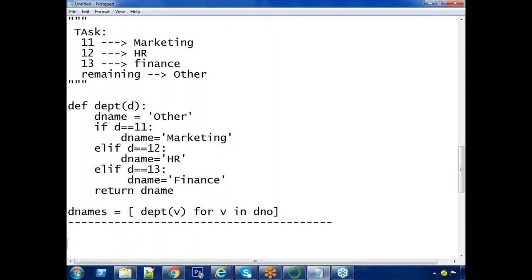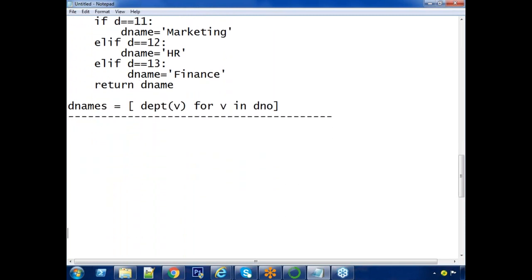Now one special task for you: tax, sir. Already I have given some 9 salaries. 10% tax I want to apply: V into 0.1.